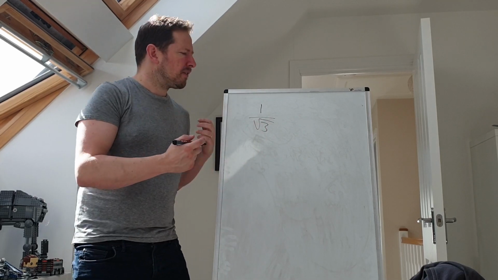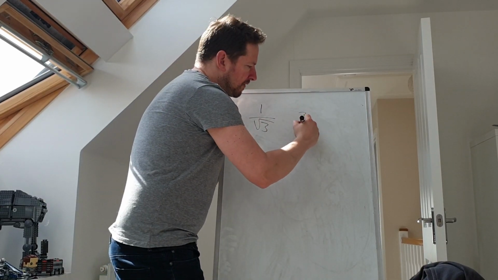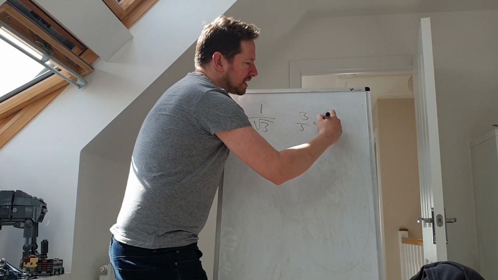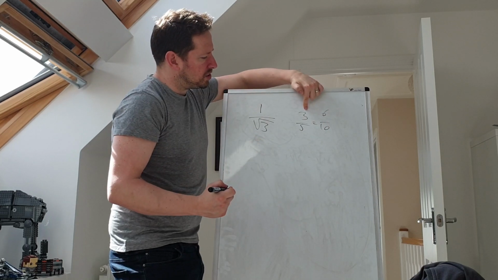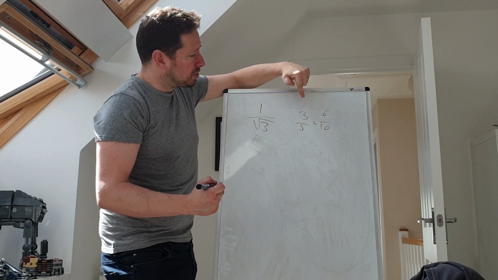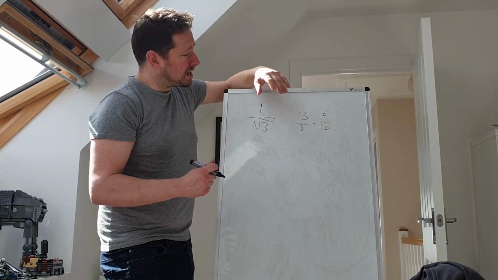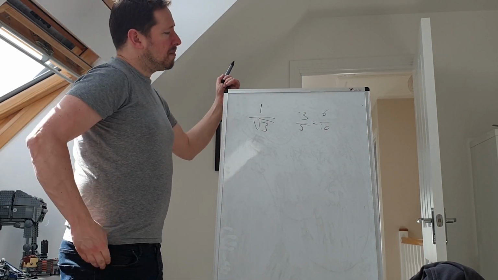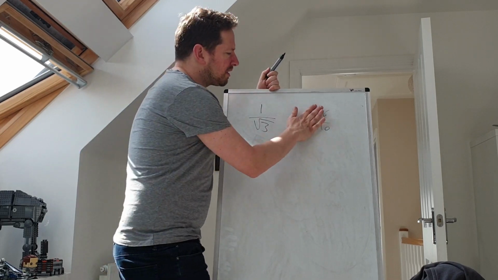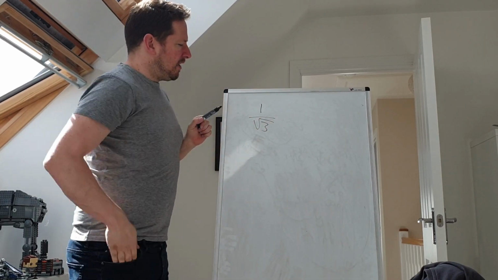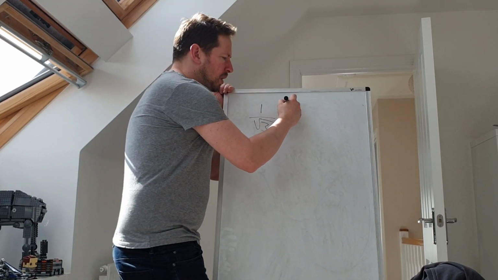Because just like in maths, if I've got 3/5, that's the same as 6/10, because I've times the top by 2 and I've times the bottom by 2. So as long as you times the top and the bottom by the same thing, it doesn't alter the fraction, it's still the same fraction. So with that in mind, and also what we've already learnt, if I times the top and the bottom by the square root of 3,